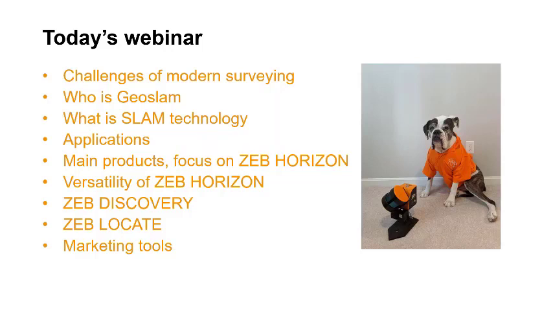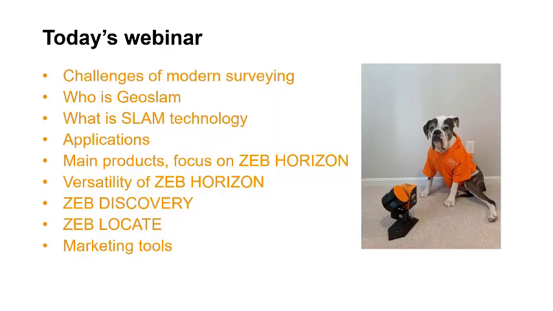And we'll talk about the two backpack solutions, and that's the ZEB Discovery we introduced last year at the Intergeo show in Germany, and then ZEB Locate, which probably most of you hear about for the first time, and that's the combination of our Horizon with a GNSS receiver.